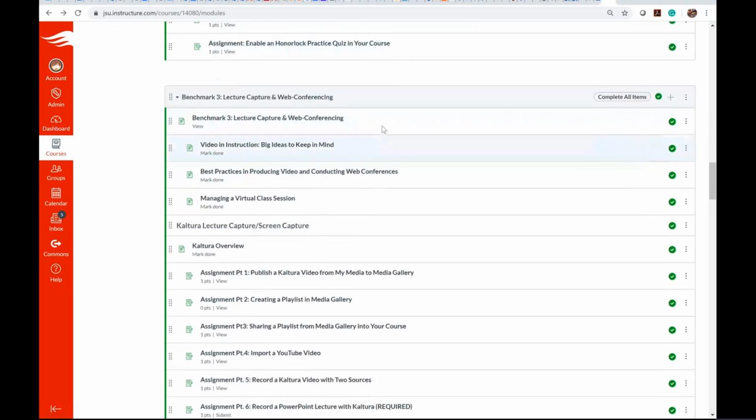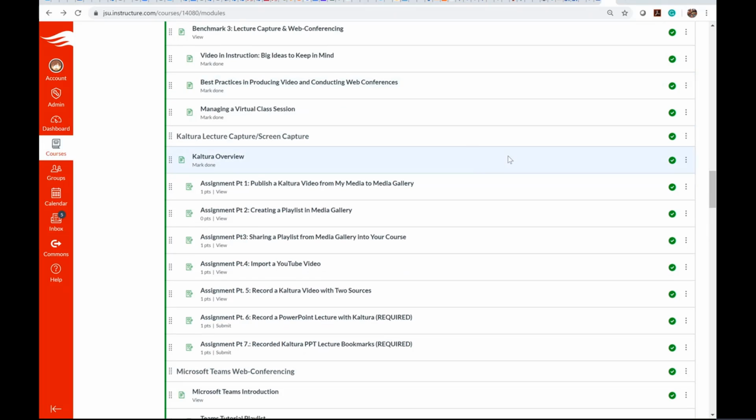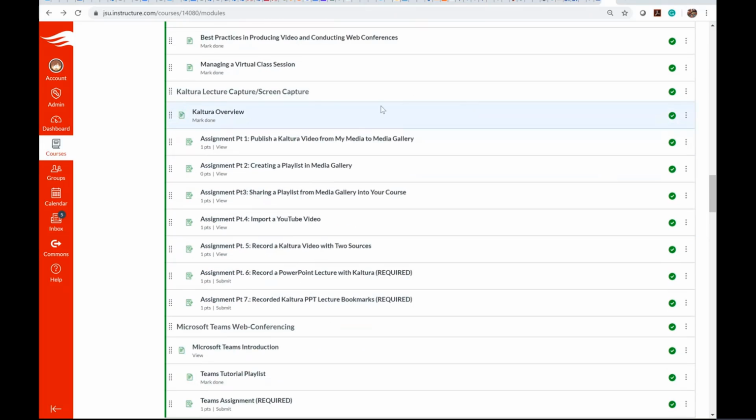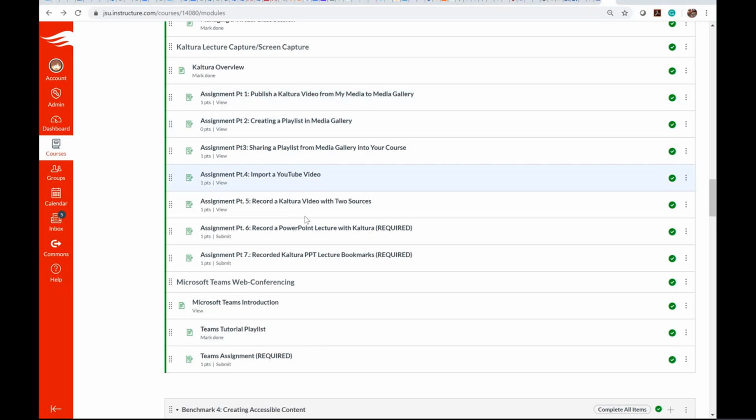Let's go back to benchmark 3. Again, all of these 3 pages here, I mean, you should be printing those out, taking notes, making notes for all of these. I mean, they're cheat sheets for you. And then this, if you're going to be teaching an online course, there's a very high probability that you're going to be using some form of lecture capture to teach your students. So chances are when you're teaching an online course, even if you have publisher content, there's probably going to be some times when you're going to be recording some mini lectures.